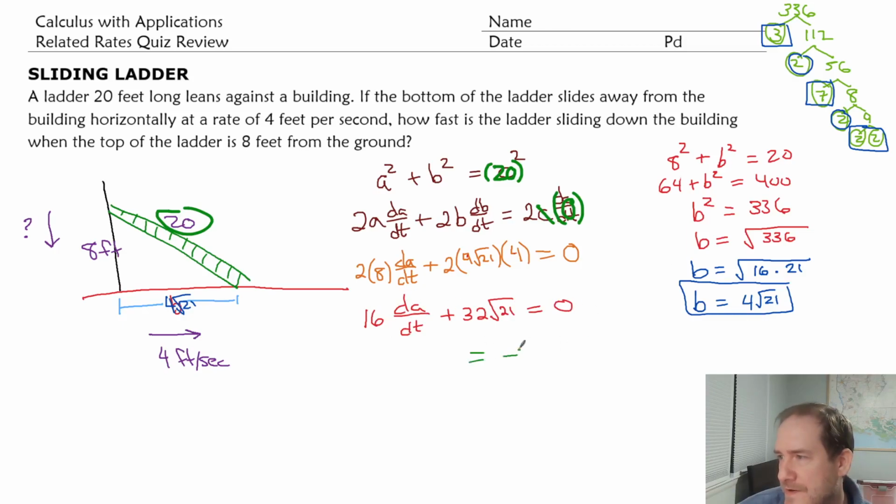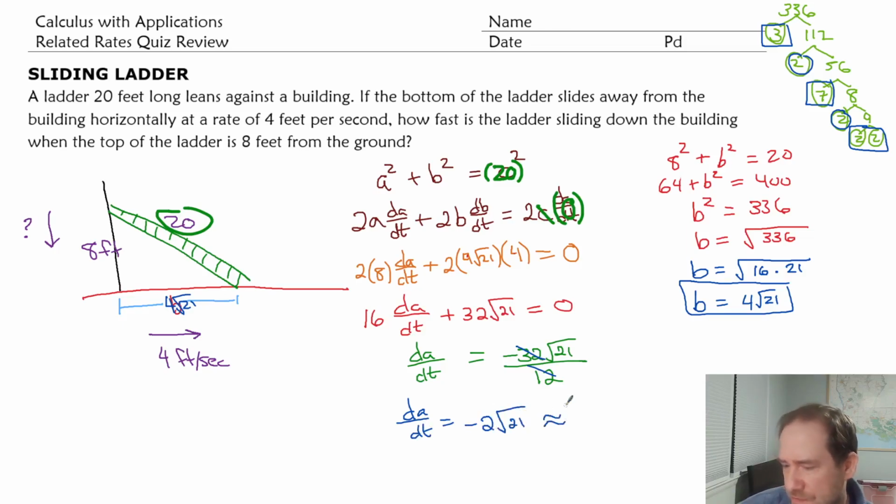So I now have negative 32 root 21. And to isolate dA/dt, I'll divide by 16. So when I divide by 16, I get this big expression that pretty obviously I can reduce to get a final answer of dA/dt equal to negative 2 root 21, which of course is approximately,